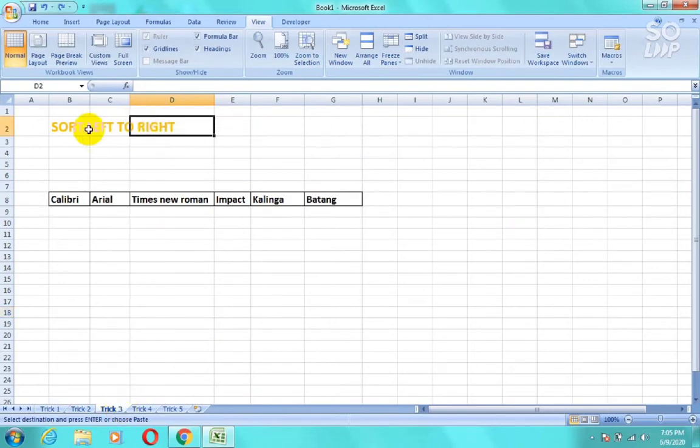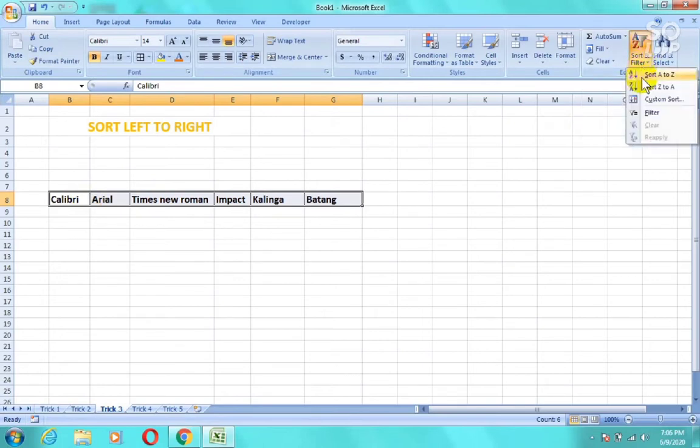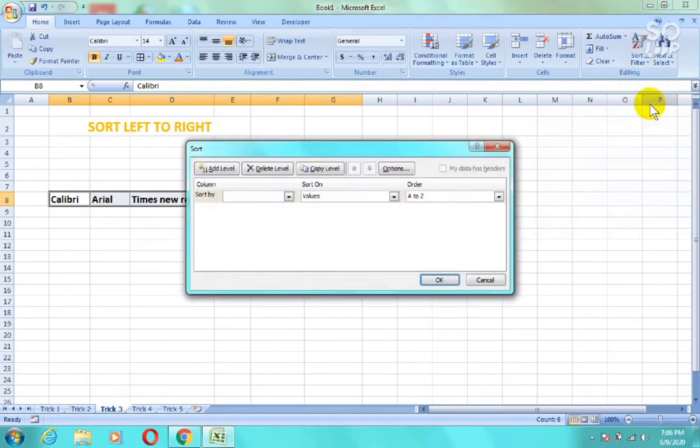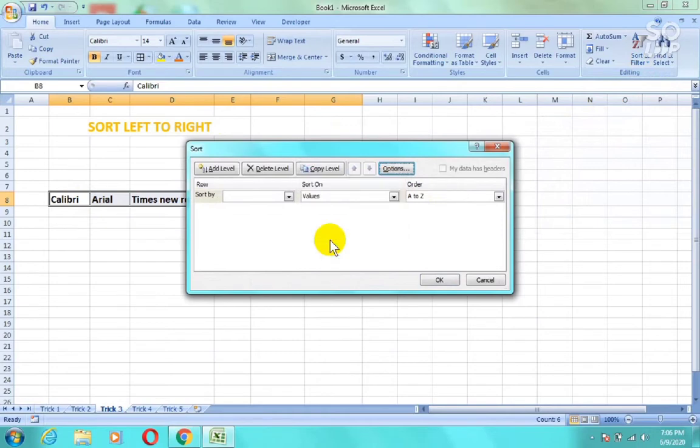Now let's see our next trick, that is how to sort left to right. We usually sort top to bottom, but in this trick we will learn how to sort left to right. Simply select your data, that is our row 8, then go to sort and filter and select custom sort, then click on options and select sort left to right and press OK.